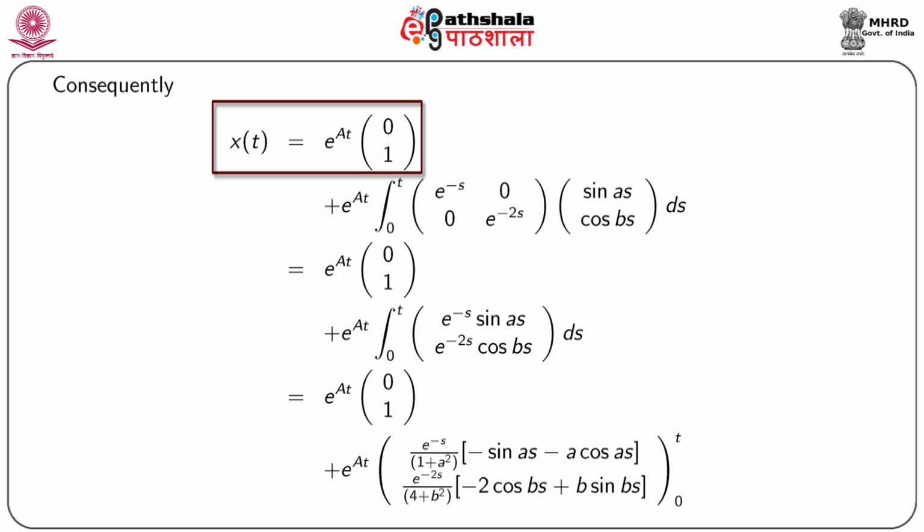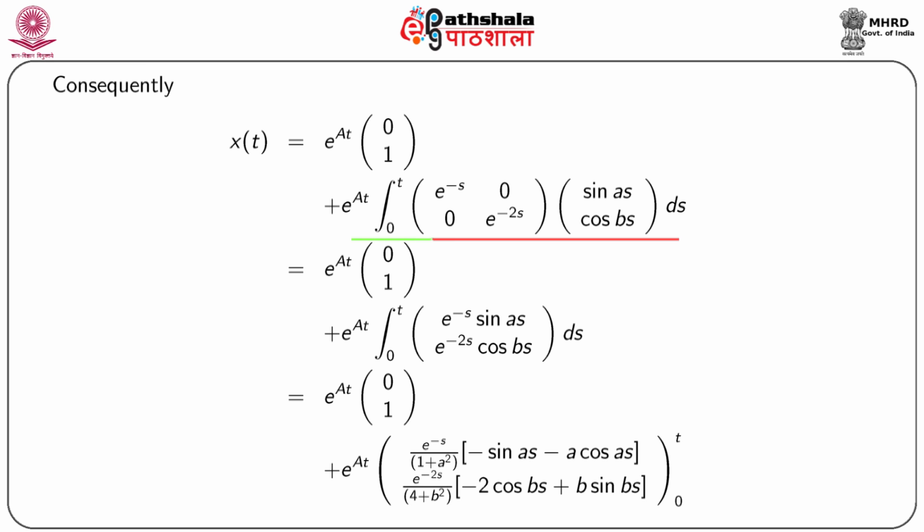And consequently, x(t) will be given by x(t) equal to e^(At) times (0, 1) plus e^(At) times the integral from 0 to t of the matrix [e^(-s), 0; 0, e^(-2s)] times (sin as, cos bs) ds, which is equal to e^(At) multiplied by the (0, 1) matrix plus e^(At) times the integral from 0 to t of the matrix (e^(-s) sin as, e^(-2s) cos bs) ds, and which if we integrate, we will get e^(At) times (0, 1) plus e^(At) into